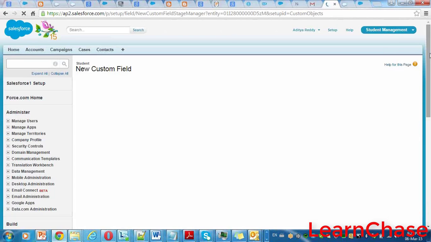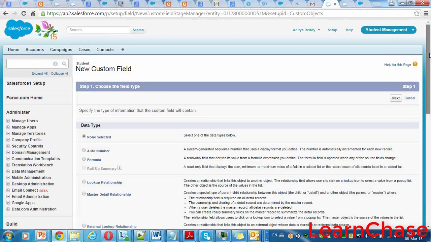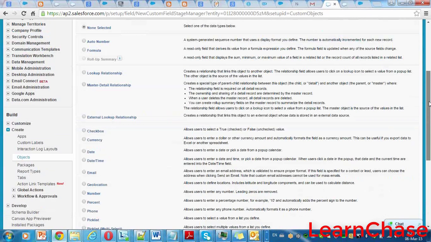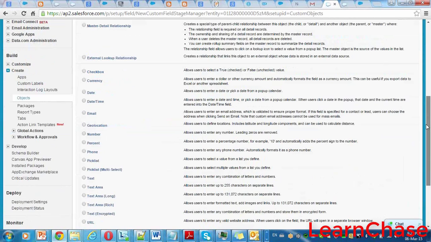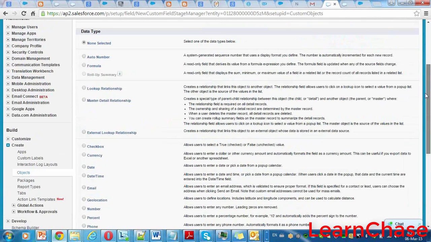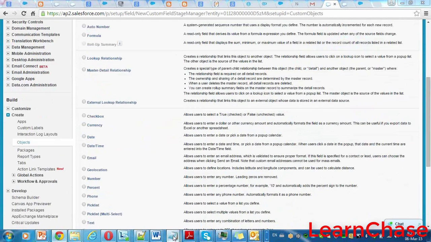There you have whatever we discussed so far on the data types. Student name is already completed. The next one is student ID. We want to take it as text.